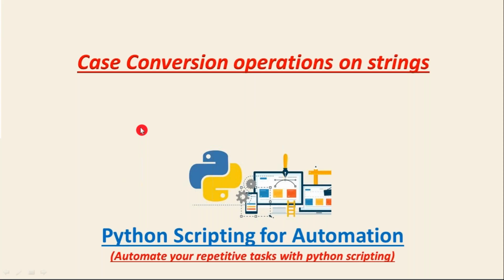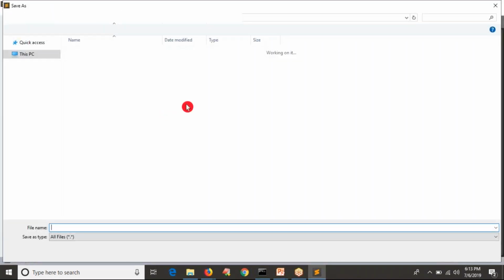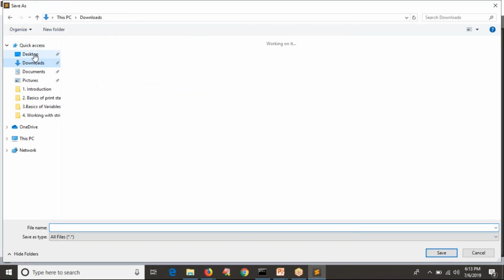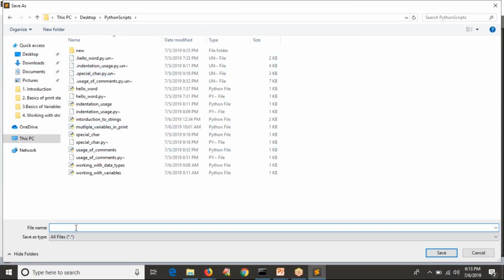Okay, let me open my Sublime Text Editor. So guys, here you can use anything, but I'm using Sublime Text Editor. Let me first give a name for that by pressing simply Ctrl S. So on the desktop, under our directory, let me create a case conversion operations on strings .py.